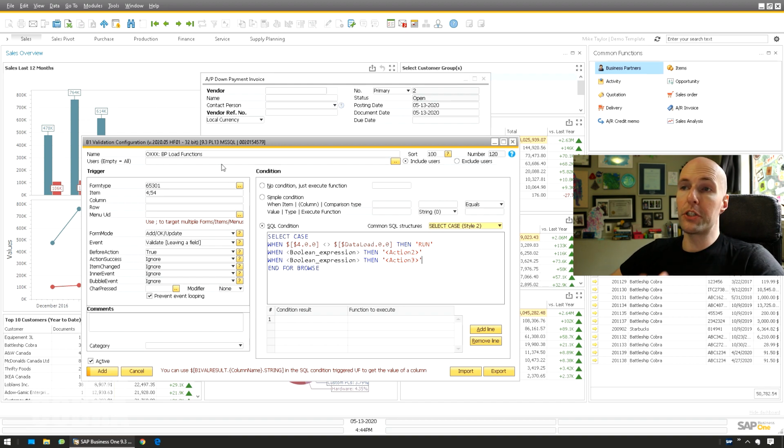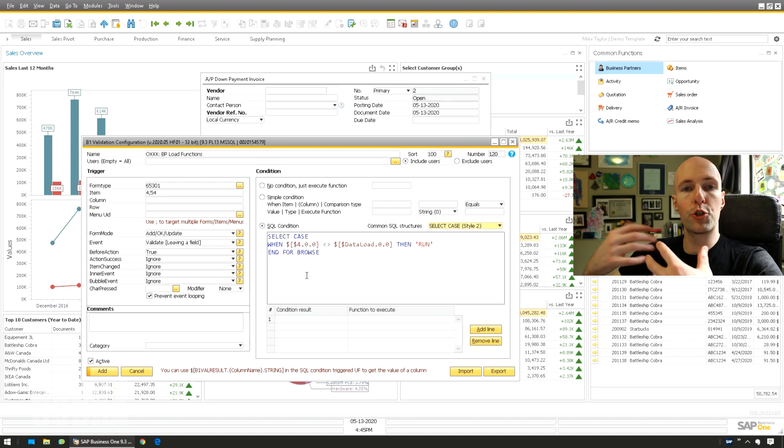Remember, you can have a single trigger. You could potentially do this for both sales and purchasing documents, and then trigger it in different ways for vendors, if it's a vendor, or if it's a purchase order or an AP document versus an AR document. You could do anything you can think of using these triggers. And this will streamline your system so that you don't need to run the macro if you don't have to. In this case, we're going to say don't run it if it matches. So if what's in the vendor code doesn't match what's in data load, then run it. And I'll show you why we're going to do that in a second.